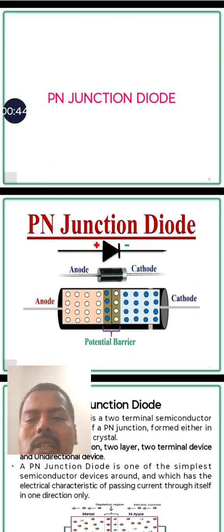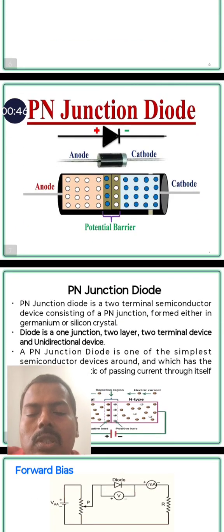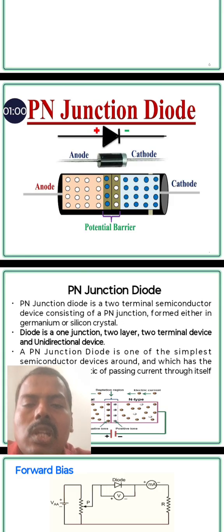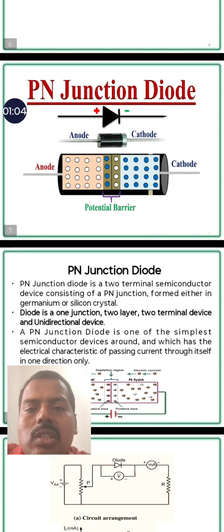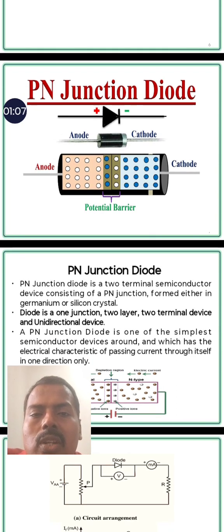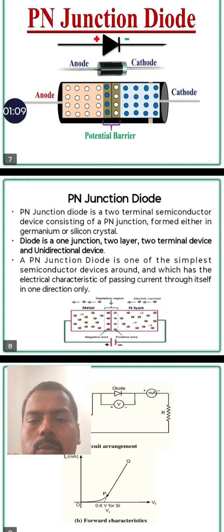Generally, the PN junction diode, you studied the diode in the lower classes itself. Here the symbol of the diode is represented in black color. This is a plus and minus. The plus is for the anode and the minus is for the cathode. The detailed pictorial diagram is also presented in the slide. When you look at this, you can easily understand the anode and the cathode in the connection diagram also.